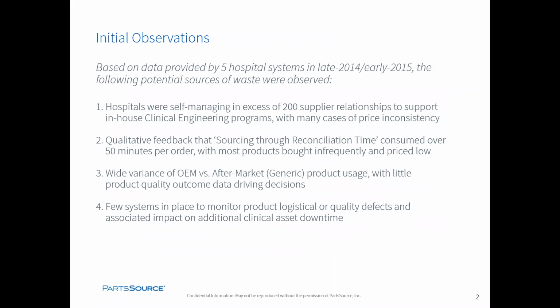2, we heard through a lot of qualitative feedback that the sourcing through reconciliation time spent by clinical engineers, their staff, as well as the finance and AP functions consumed significant energy, with many folks quoting us times in excess of 50 minutes per order, where most of those orders were bought infrequently and were priced relatively low. Third, there was significant variance that we saw in the data from just those 5 health systems on the use